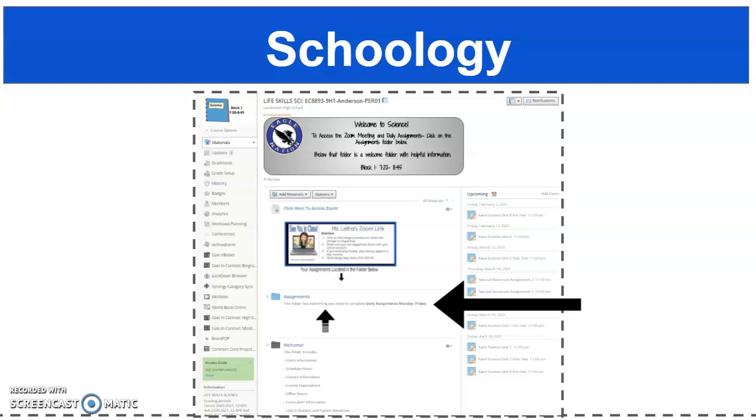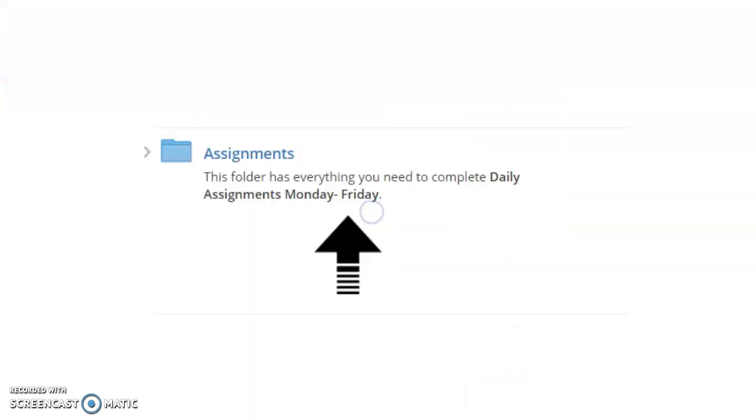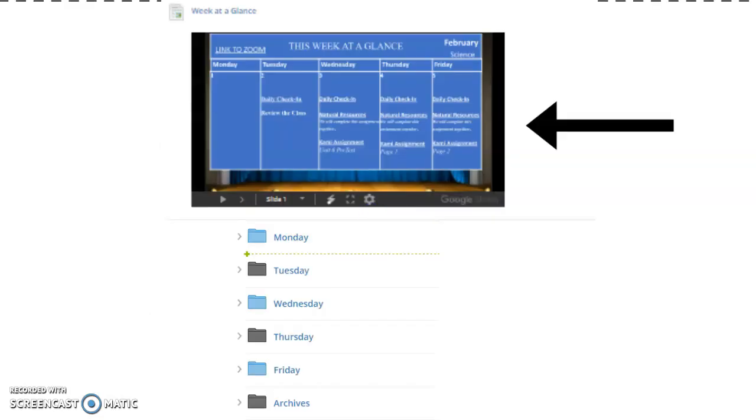Also, you'll see on the right-hand side, those are the assignments that are listed. Each one of those blue squares with the yellow going through it is an assignment. So you can see the due dates right there and when the assignments are due. There's another easy way to get to assignments. Once you see this folder with the big arrow, assignments here, click there, and you'll see this week